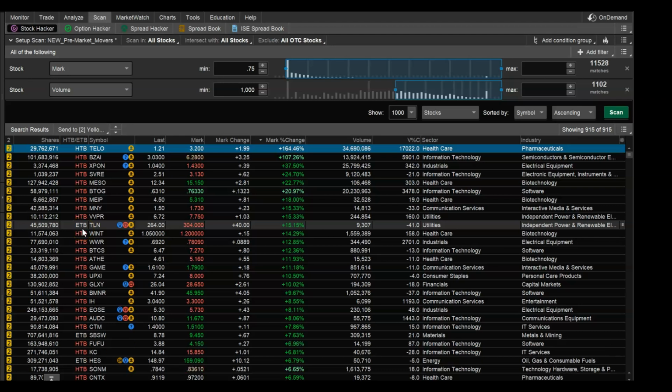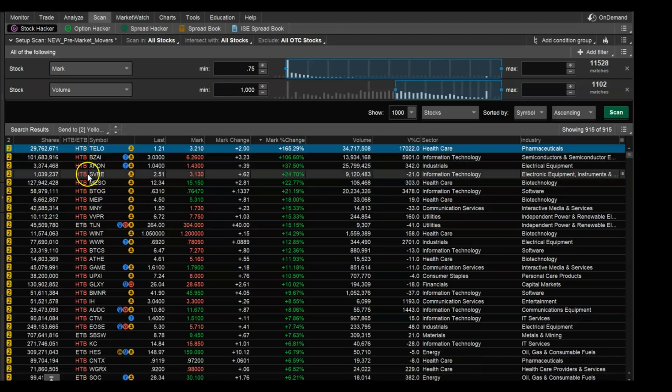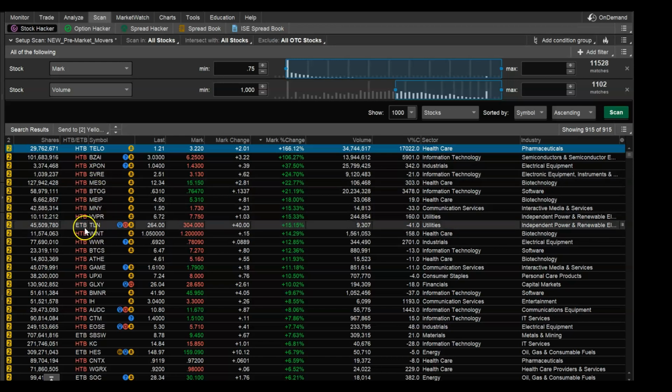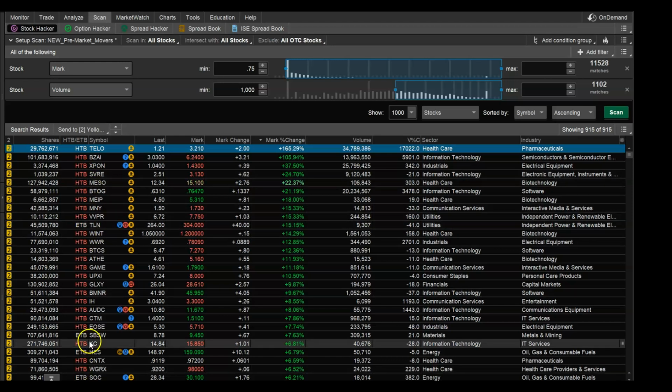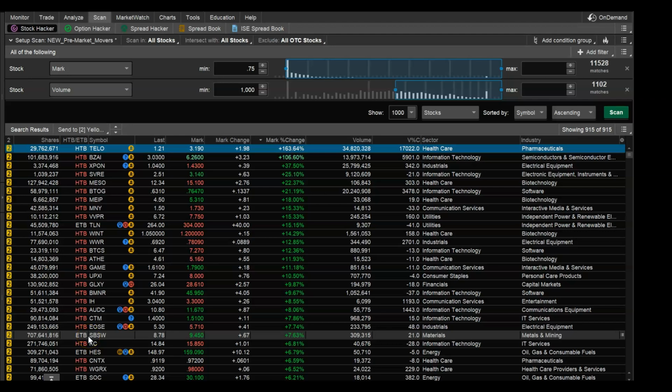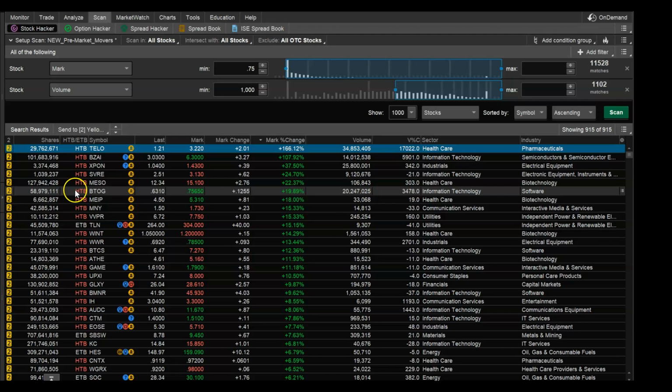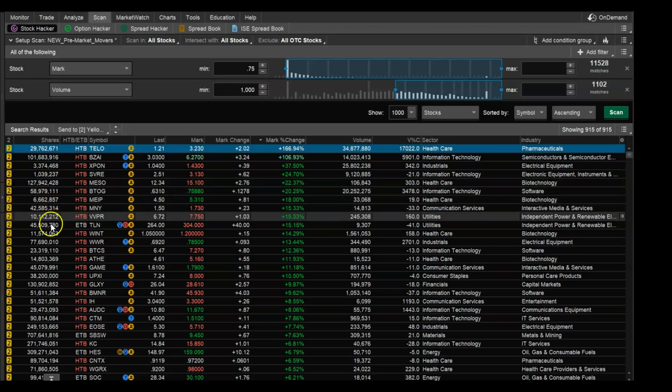Schwab does not have a lot of borrows, but I just want to see that. That's my thing. I want to see if I can short it. Usually the large caps are. Some of the smaller ones maybe if they have a lot of shares. These are going to be hard to find in